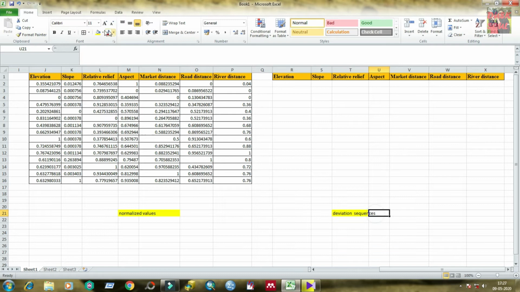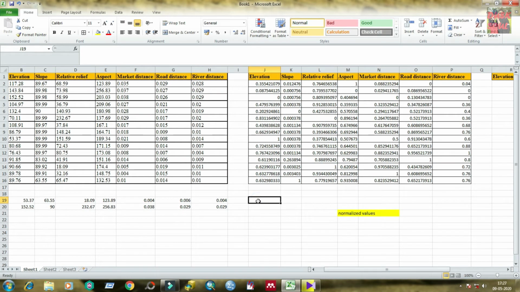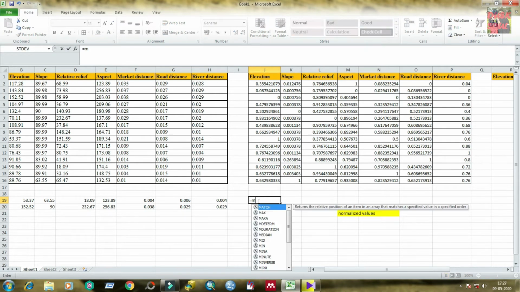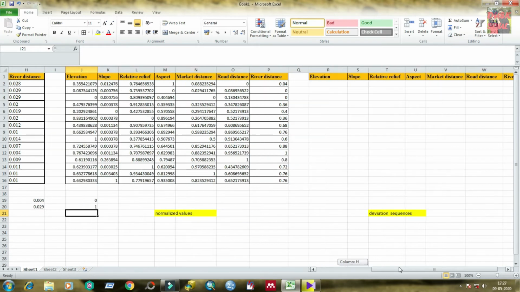For this purpose, I have to use the calculated normalized value for each parameter, and here I am going to calculate the minimum and maximum. You know that the maximum value is 1 and the minimum value is 0 for each parameter.